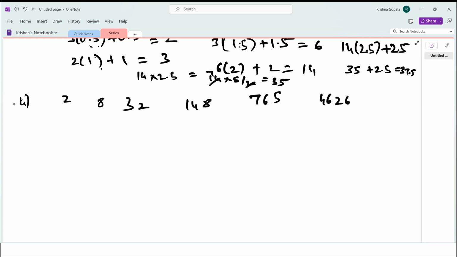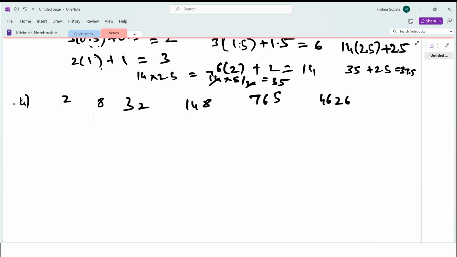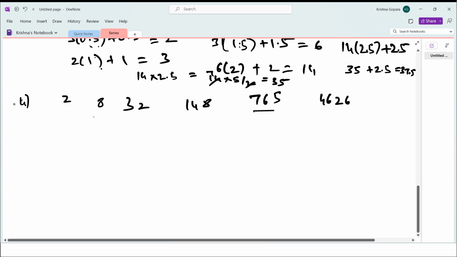This is kind of 4 times, and this is also kind of 4 times, and this is kind of 5 times. This is kind of 5 times, and this is 6 times, 7 times, etc. It is going very fast. You can see 32. There is some odd number also in between. Means probably there must be some addition,